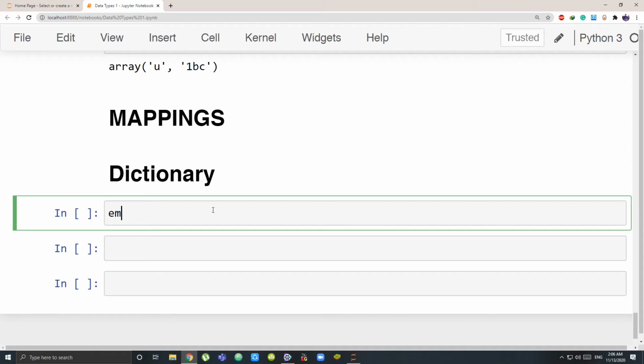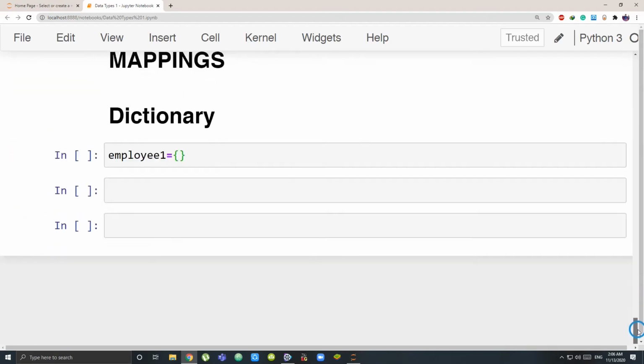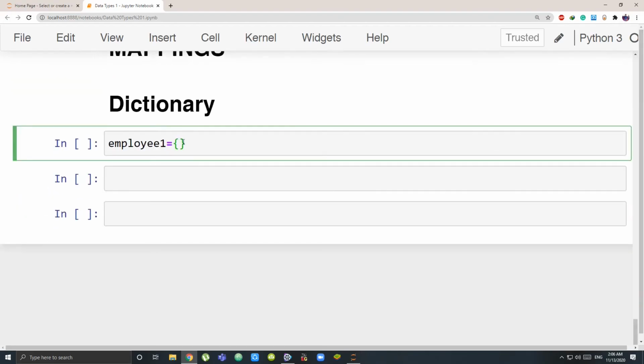Let me show you an example. Let's take the employee one also, which we were storing as a list. Again, let me remind you, dictionaries you have to put in curly brackets. Now that's same as sets, right? Sets are also in curly brackets. But how you store the data inside makes it a set or a dictionary. Suppose I was storing my name, my gender, my age, and one more thing: am I a permanent member of the company or not?